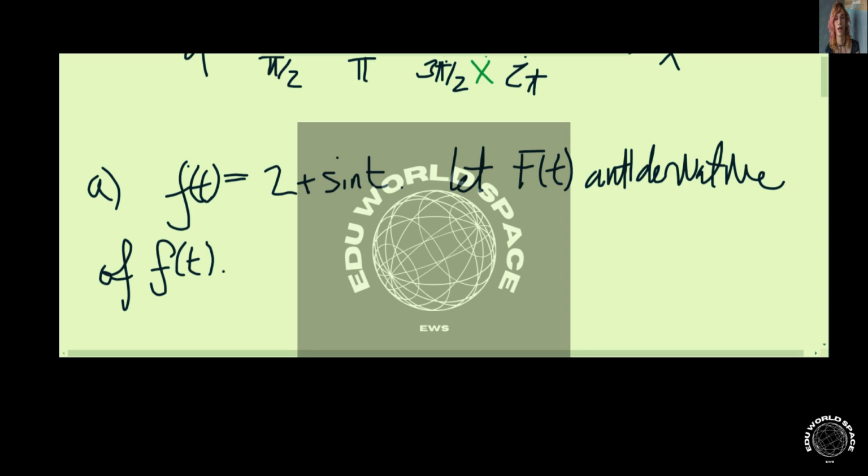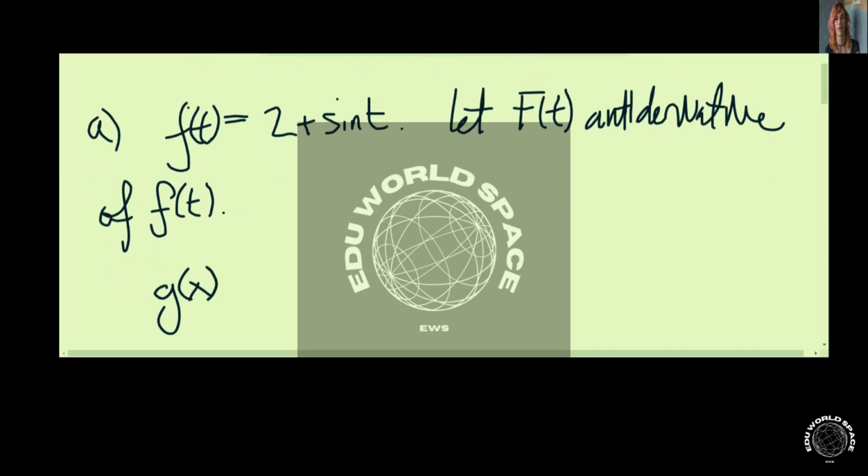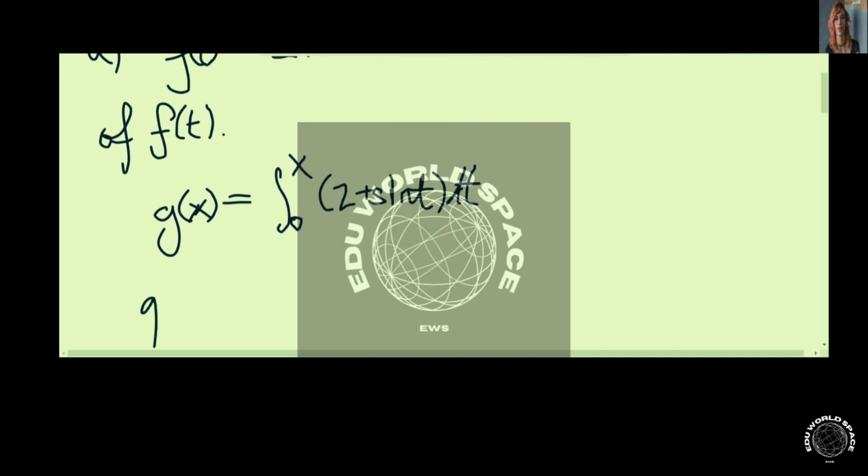By the first part of the fundamental theorem of calculus, if g of x is the integral from 0 to x of 2 plus the sine of t, then it follows that the derivative g prime exists and is given by, well, this is the derivative of this integral, which is the same as just little f of x. And plugging x into the expression little f, this is 2 plus the